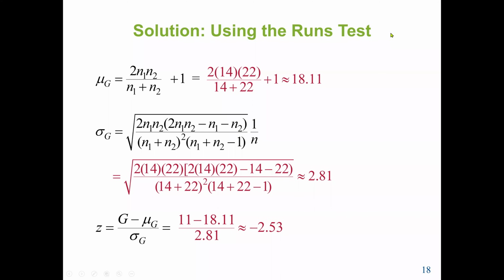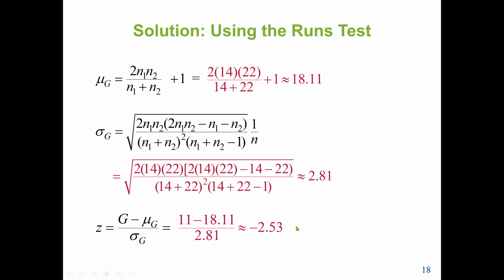So again, as we said earlier, since N1 is less than 20, but N2 is greater than 20, which was 22, we need to use the standard normal table. So we need to find a Z. We already know the G, that is the number of runs. So mu G, the formula is given, we plug in the values. We already know N1, N2, so we plug in the values. Sigma G also, all we need is N1 and N2, we plug in the values. So after we get the mu G and the sigma G, we can find a Z, which will be G minus mu G over sigma G. So we get negative